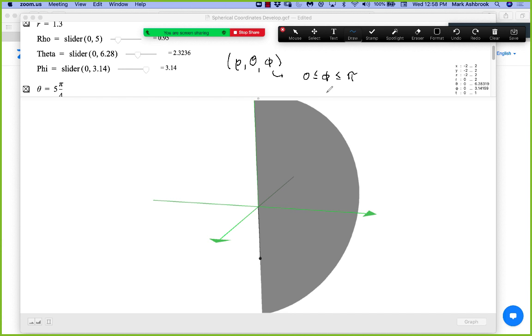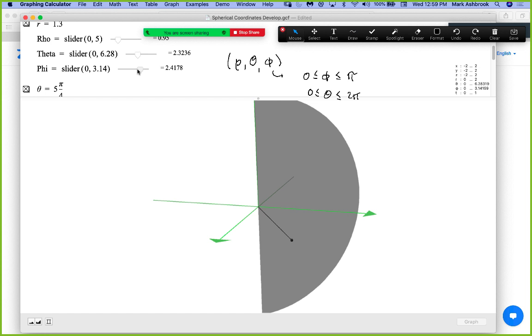So theta will be our standard angle that goes from 0 to 2 pi, but we have to make exceptions if our solid or our region comes across the positive x-axis and skips, say, from the fourth quadrant to the first quadrant. Then we need to break this rule. But whenever we can keep theta between 0 and 2 pi, we do. Rho, again, is the distance from the origin. So once we pick a theta and we pick a phi,